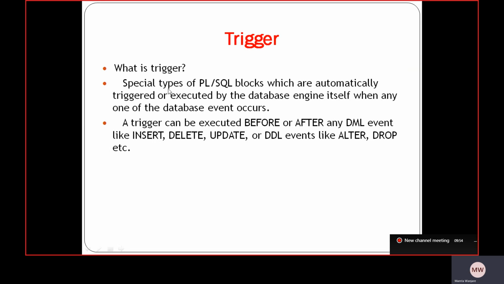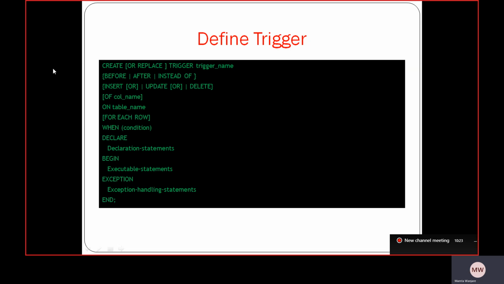Trigger. What is a trigger? It is a special type of program or SQL block which is automatically executed by the database engine itself when any one of the database events occurs. A trigger can be executed before or after any DML event like insert, delete, update, or DDL events like alter, drop, etc. These are the different trigger